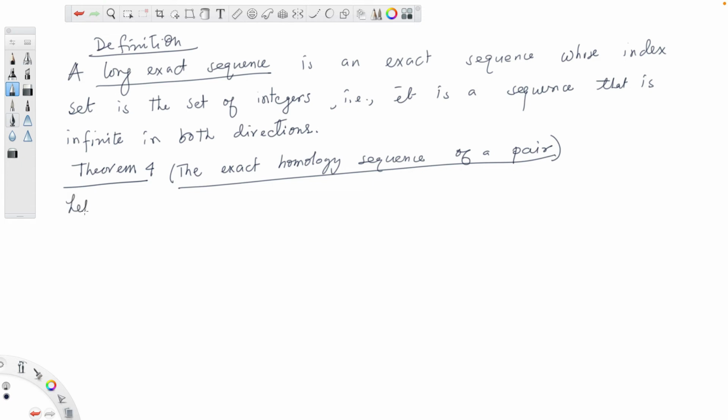Let K be a complex, K0 be a subcomplex. Then there is a long exact sequence